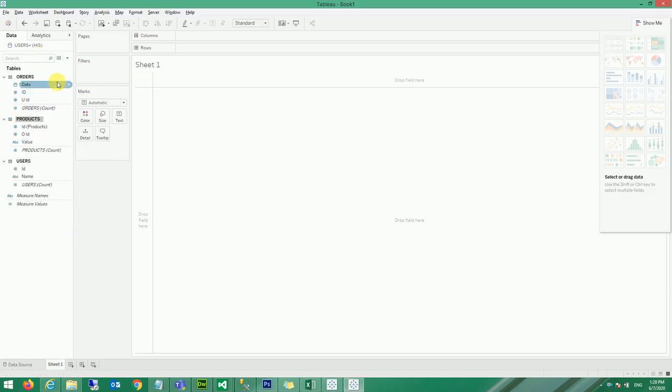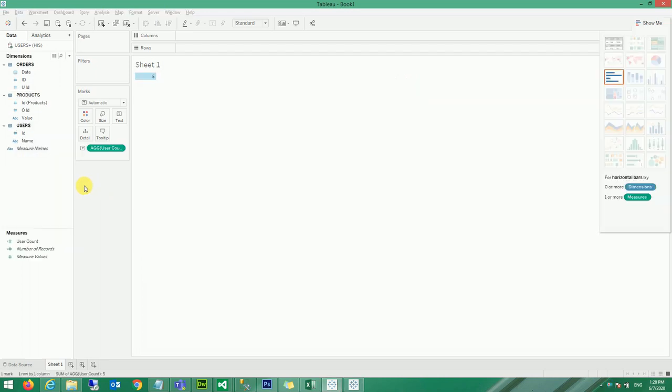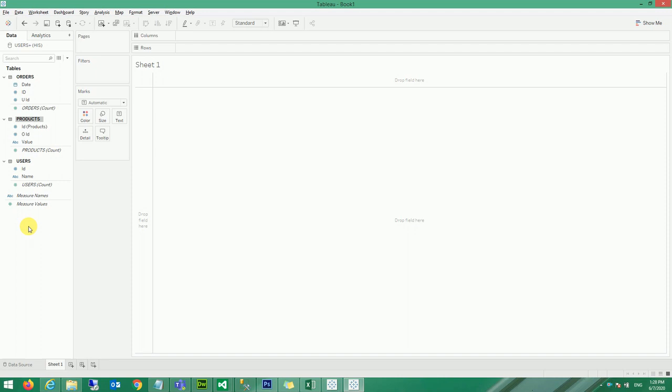Now we have the tabular format, each table has its measures and dimensions together. And again, let's go to the same technique which I used in the previous version, count of users. Previously I had to make a calculation to do that because the previous count showed the total number of records. Now we don't have the total number of records, instead we have the total number of records of each table.